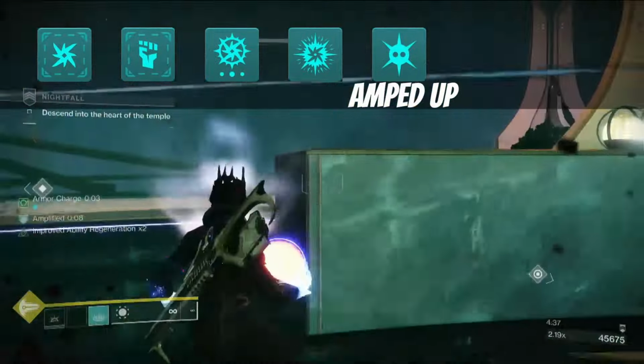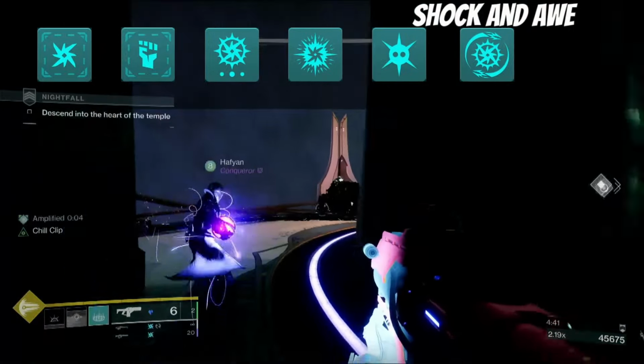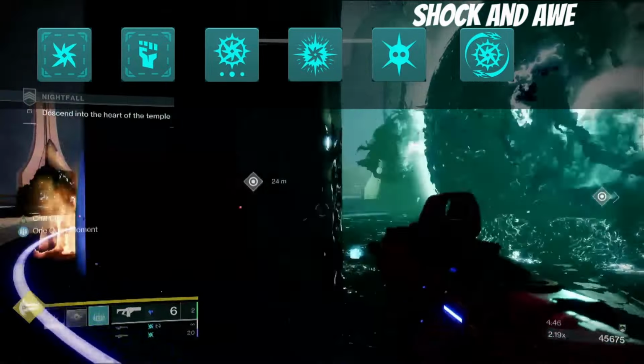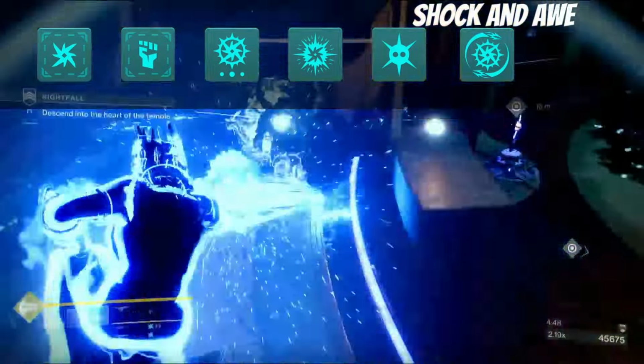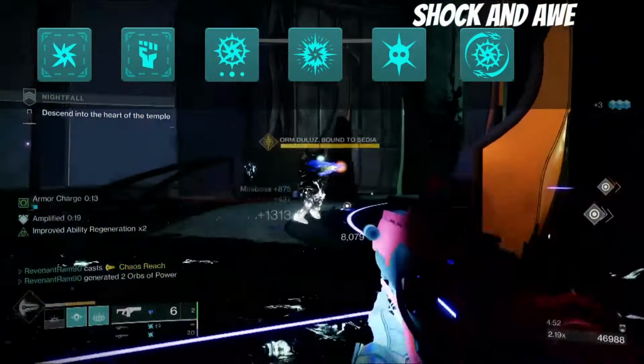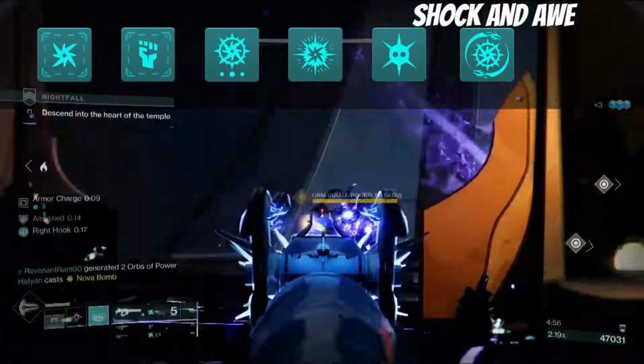Moving on to our last column, we have Shock and Awe. Arc final blows while you're amplified, summoning a burst of lightning that damages and jolts targets. This is one of my favorite artifact perks this season, as any Arc final blow does this. It could be a weapon, an ability, your super. It does amazingly with everything we're using this season and does really good at clearing out adds,